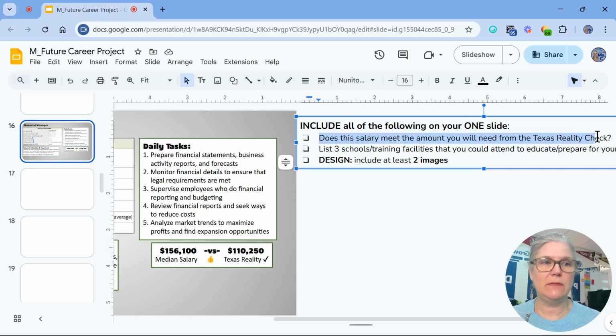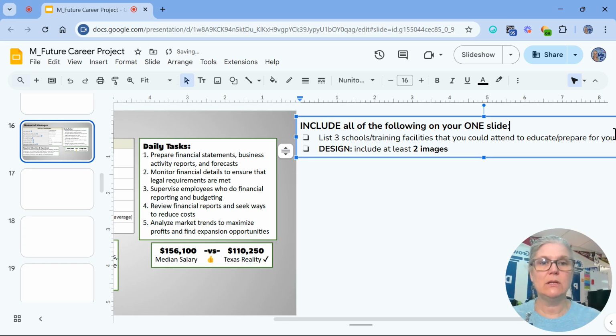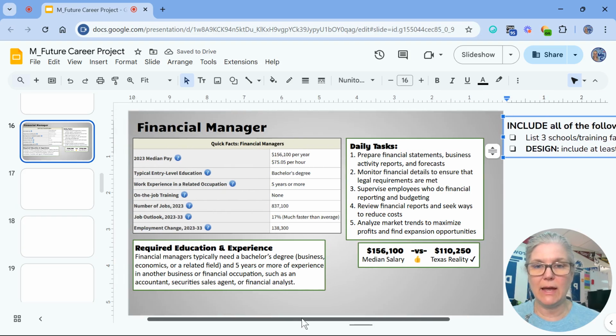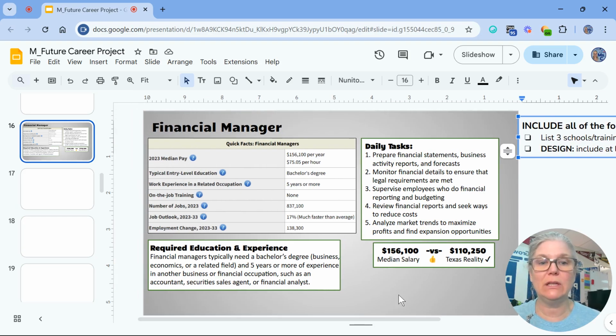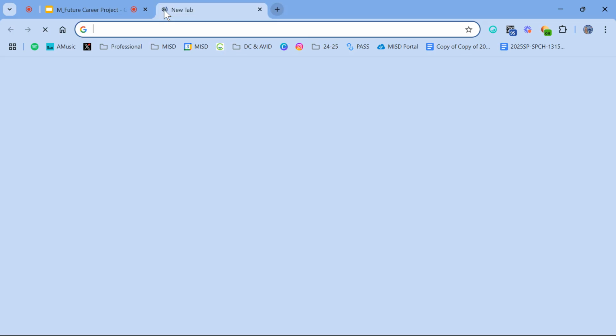So I'm going to remove this. So now we need 3 schools and then at least 2 images. And we already changed the background. I can do the background differently. But let's look. So financial manager,